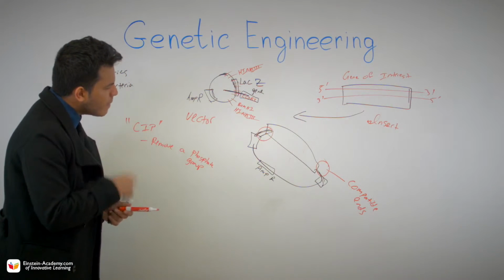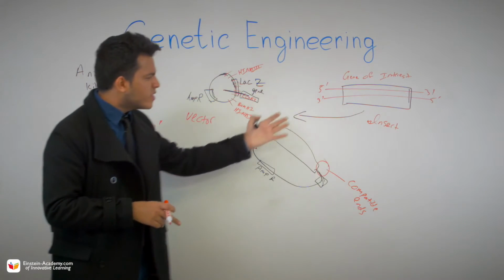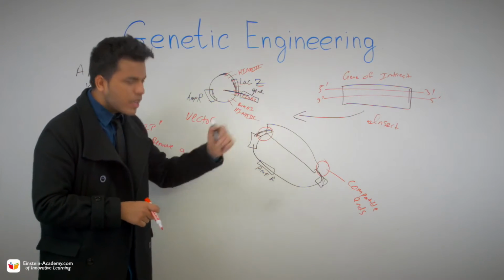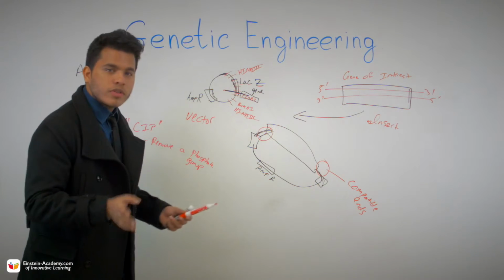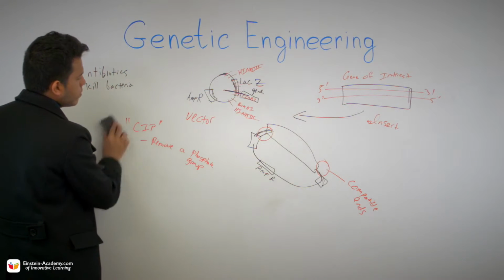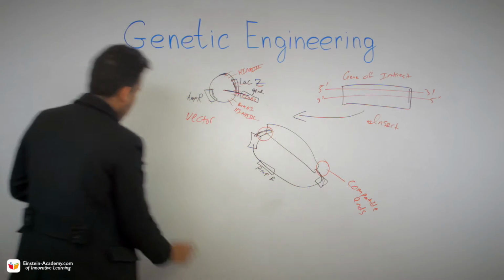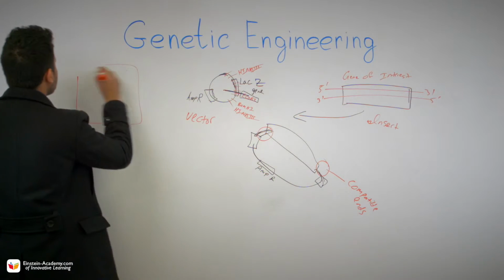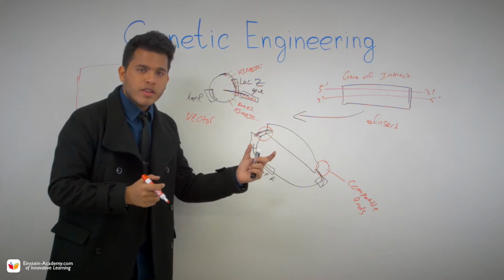And you might say, hey man, okay, well how do you know? How do you know that the gene of interest has gotten in here? Very interesting. Well, there's several ways of knowing. The first way of knowing, really, is to run a gel electrophoresis test. You want to run a gel chamber, you want to run a gel box, and you want to introduce, so once you have your plasmid,